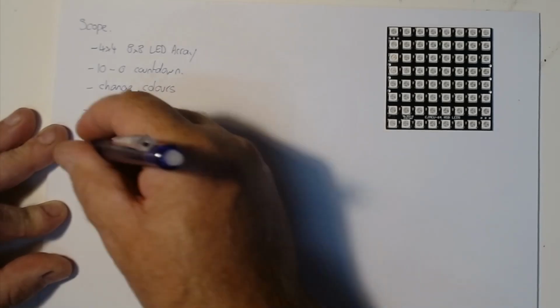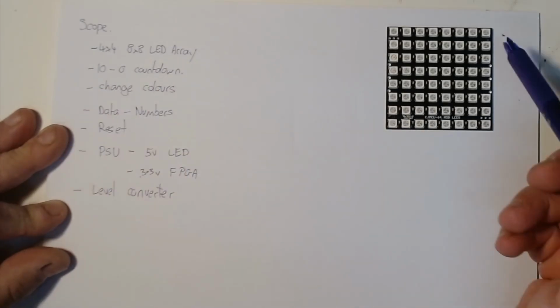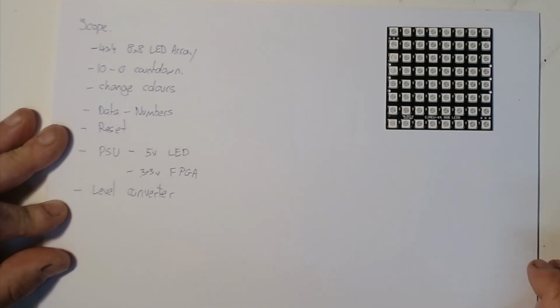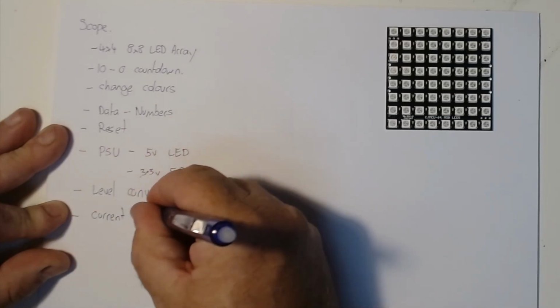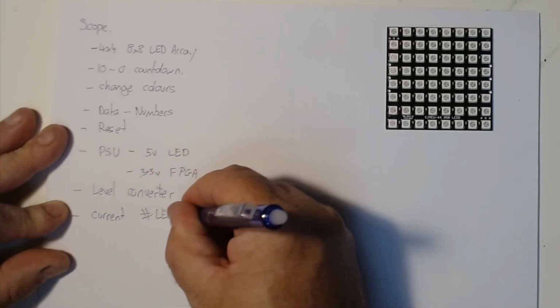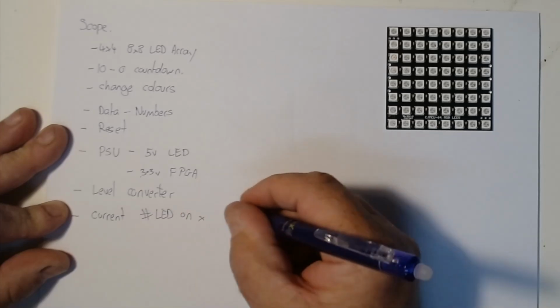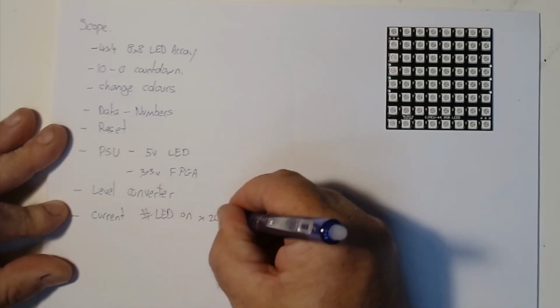The current on the power supply, we don't know yet. We need to calculate how many LEDs will be on at any given time and multiply that current. We'll say current is the number of LEDs on, times by, we'll say 20 milliamps,